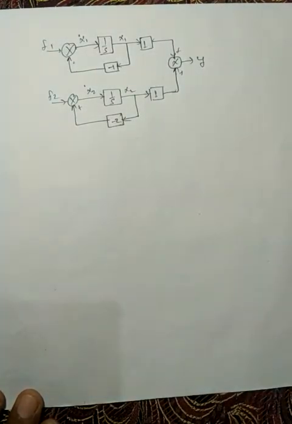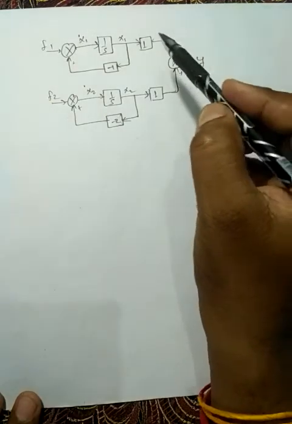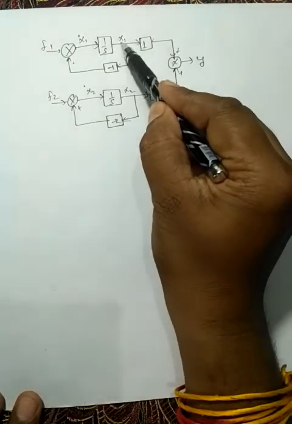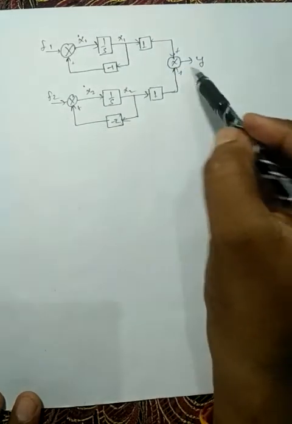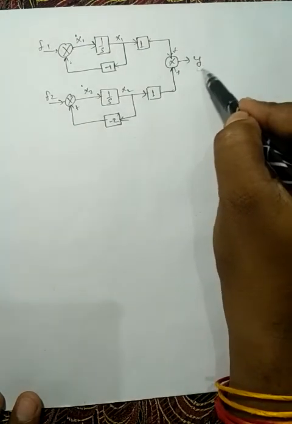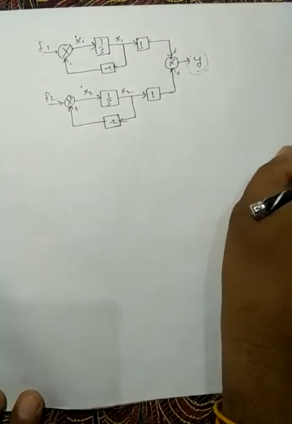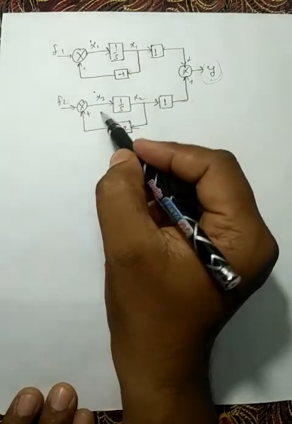And we have to investigate whether the system is observable or not. From the diagram only we can see that the output y can explain the states x1 and x2. Means both states x1 and x2 can be traced out from this output y, and therefore the system is observable. But if we want to calculate it mathematically, then we'll first make the state equation and